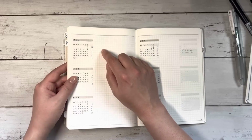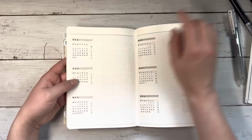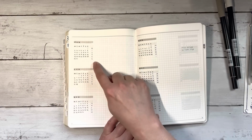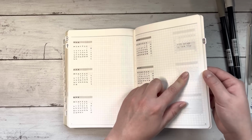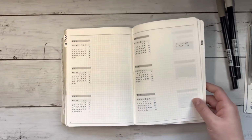What I've done here is I went through, I made my little calendars. This is where I use the 2 different gray Tombow colors. I have the weeks, and then what I did is I put in these, can you even see? Yeah. I have this